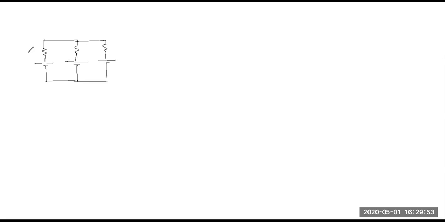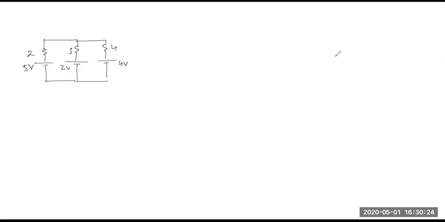So you have 2, 3, 4 ohms. Here you can take 5 volts, 2 volts, 4 volts, like this, right? And let's say I want to find out what will be the current in each branch. Now there are two concepts which we can use. One is KCL and another one is KVL. First we'll apply KCL and then we'll apply KVL in order to find out the answer, right? And you can decide later which one seems more complicated and which one seems less complicated.